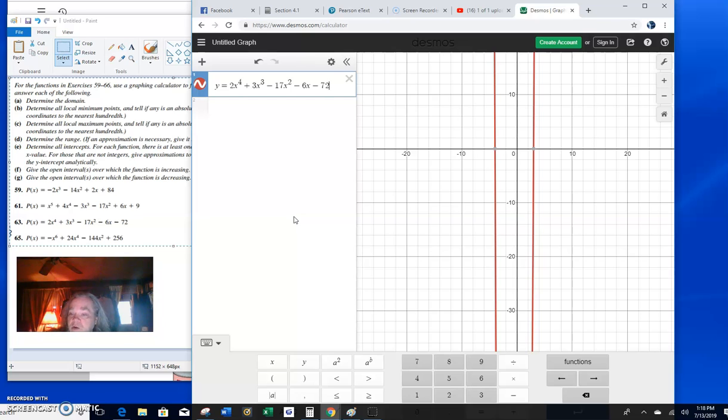Make sure I type that in correctly. Now, anytime you have a function with an even highest degree, like squared, to the fourth, to the sixth, then